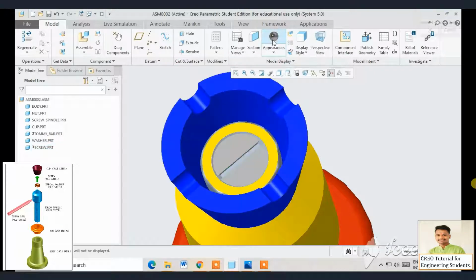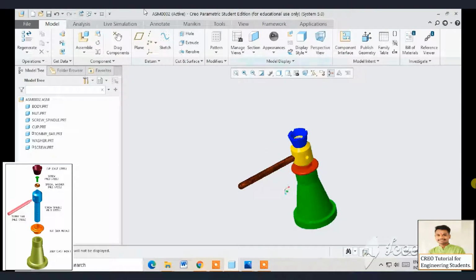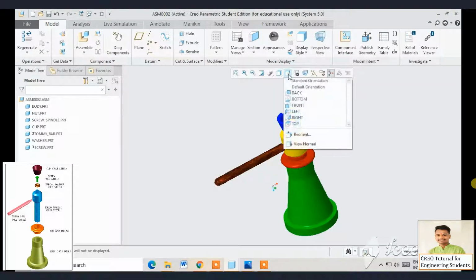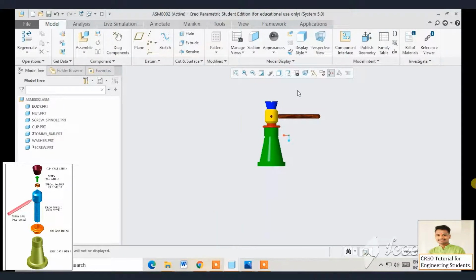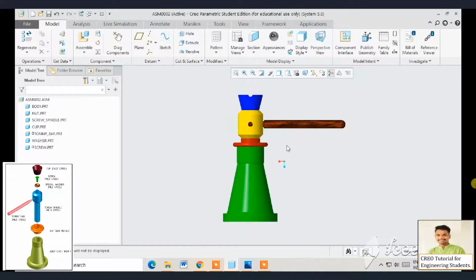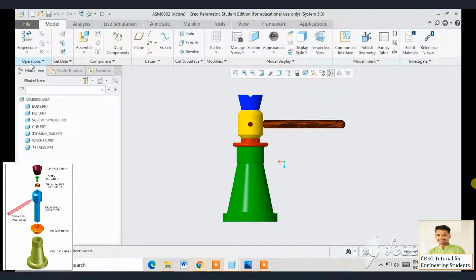In this way my screw is looking like this. So students, I have given this rendering effect, that means I have provided colors to each and every part. In this way my assembly is looking like this. Now save this file on the desktop or the folder that you want.